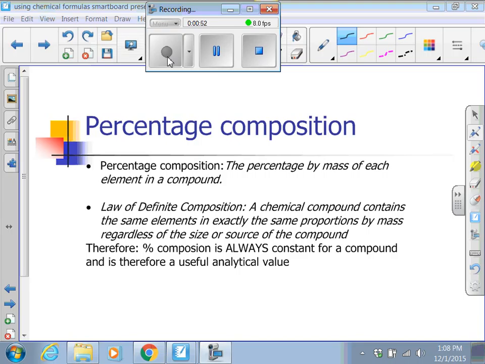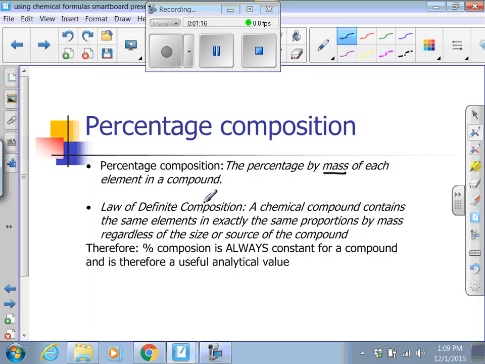All that information is necessary to come up with a chemical formula from laboratory data, not from oxidation numbers and crisscrossing oxidation numbers to get the charge right, but specifically from collecting data in lab and determining the chemical formula in that way. So percentage composition, according to our definition here, is the percentage by mass of each element in